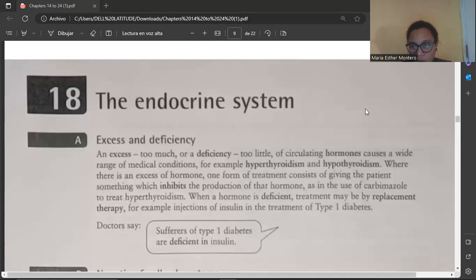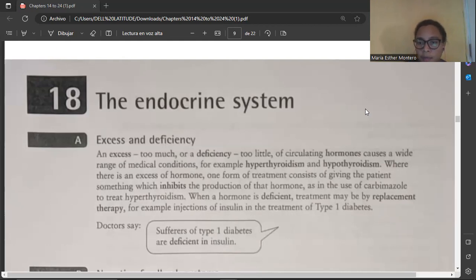hyperthyroidism and hypothyroidism, where there is an excess of hormone. One form of treatment consists of giving the patient something which inhibits the production of that hormone, as in the use of carbimazole to treat hyperthyroidism. When a hormone is deficient,